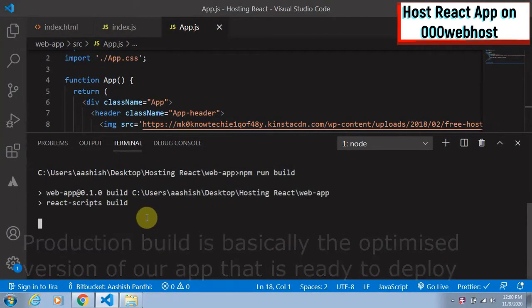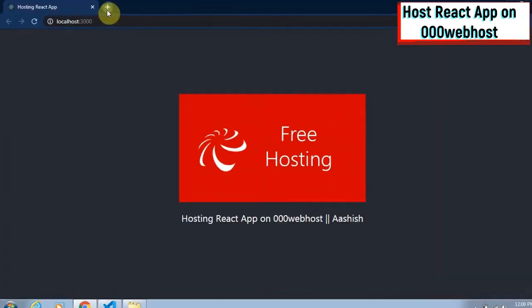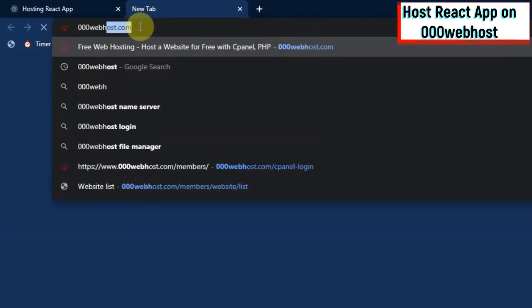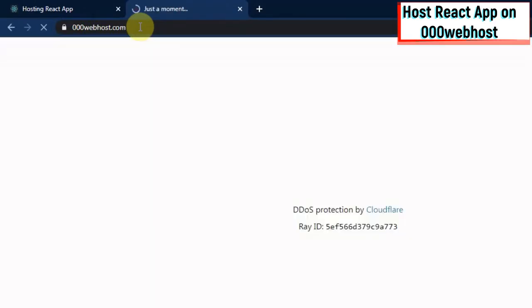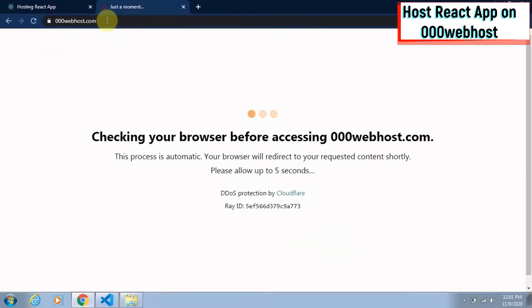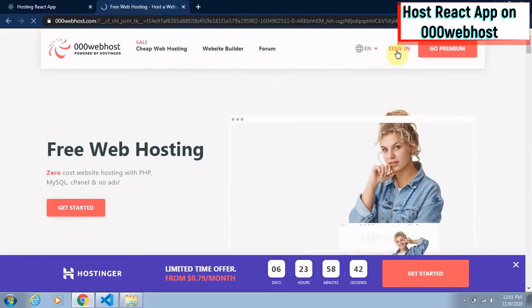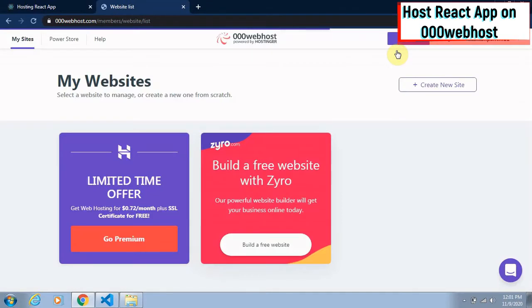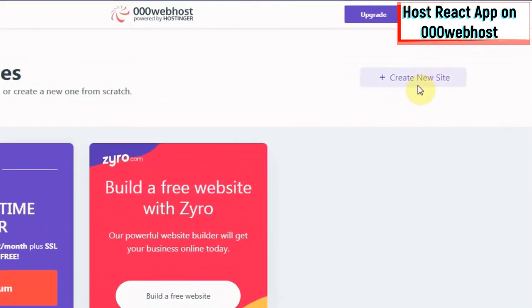Till this process is running, open your browser and head over to 000webhost.com. Here we have a nice greeting homepage. Since I already have an account, I am going to sign in. If you don't have an account, then create one. It's free of cost. After you create an account, you will be redirected to this page.